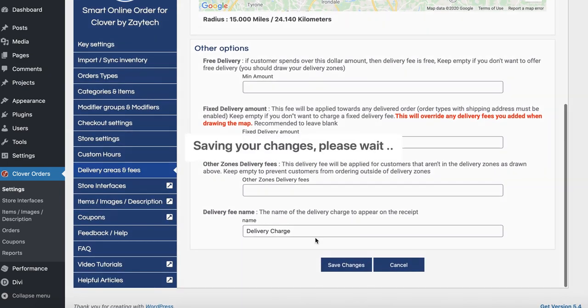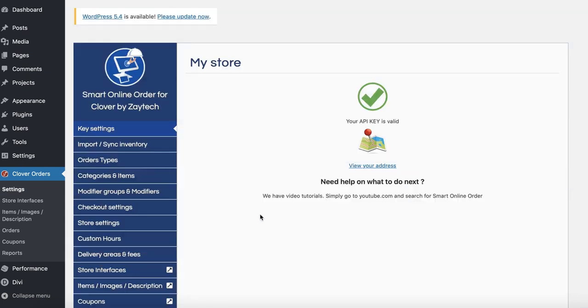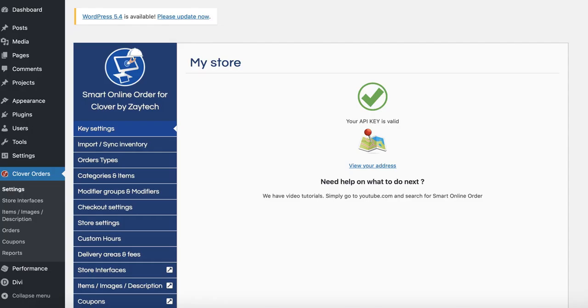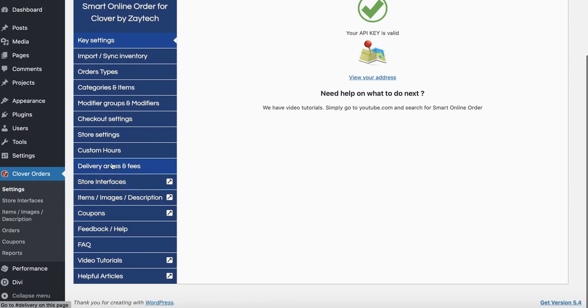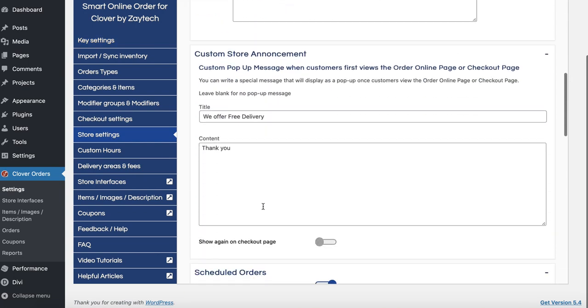Okay, remember when you do your zones, it's important to announce it to the customer so they know what you're doing, because when they go to your page, they're going to just start ordering. So you want to announce it. How do you announce it? Remember earlier I mentioned to you that you have the store announcement. So you can say here, we offer delivery. Tell them how your delivery works. We offer, okay, just put 10-mile radius,